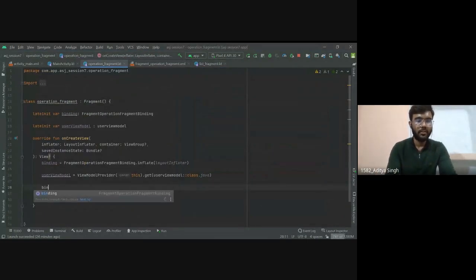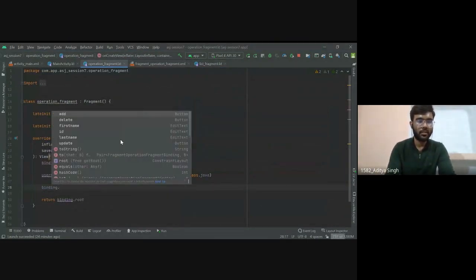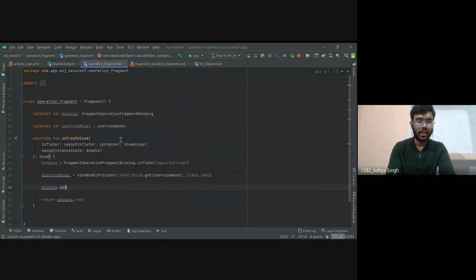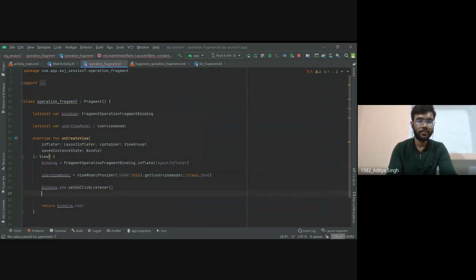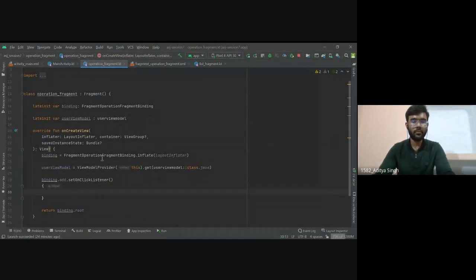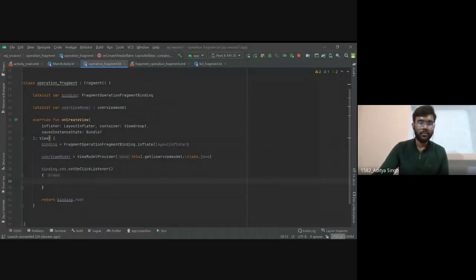We will write binding.add.setOnClickListener. Okay. And what we need to do is pass an object of our model class type containing the data which we want to enter.